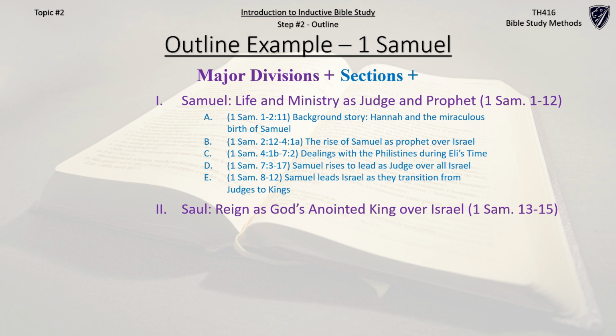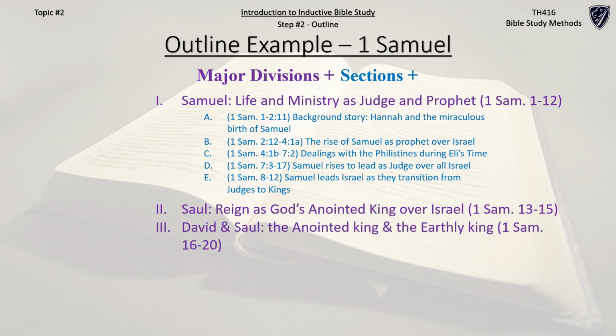Number 2, this one is titled Saul, reign as God's anointed king over the nation of Israel, and that would be chapters 13 through 15. Then additionally, you could say David and Saul, the anointed king and the earthly king, and that's chapters 16 through 20. If you've read the book of 1 Samuel, you know that during that time, after chapter 15, the Lord